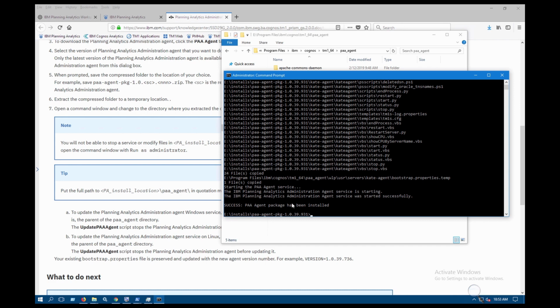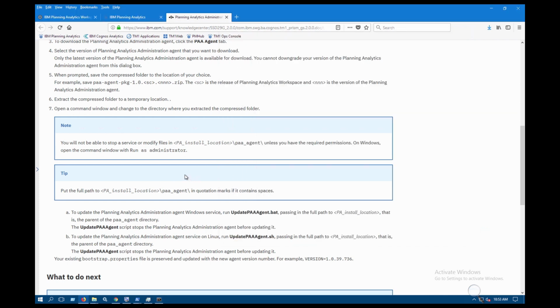Okay, it took a split second, as you can see, and it copied over the temp file, and copied over some additional files that it requires to update the services, and it has done an installation of Planning Analytics agent for 1.0.39.931. Okay, so at this point, if I go back to Planning Analytics Workspace,